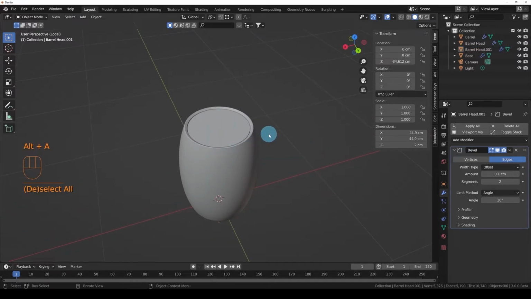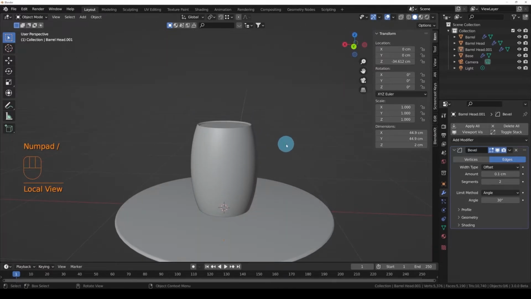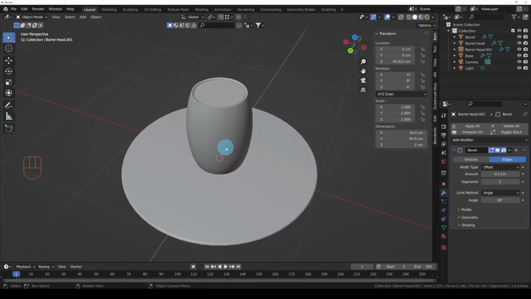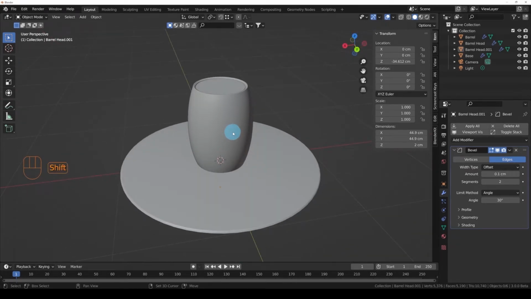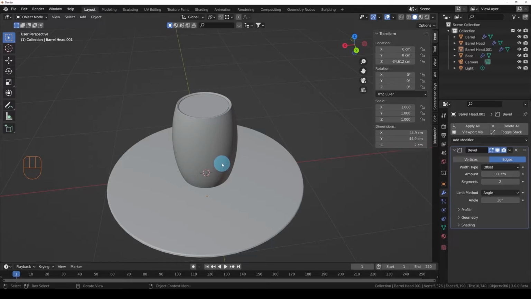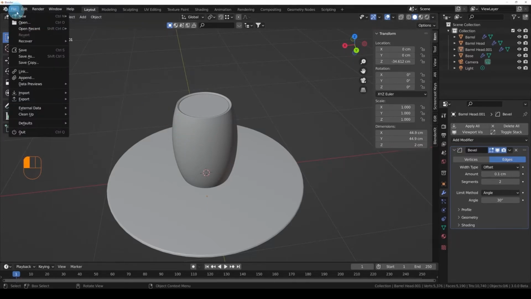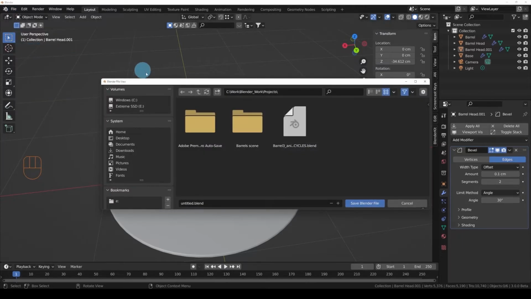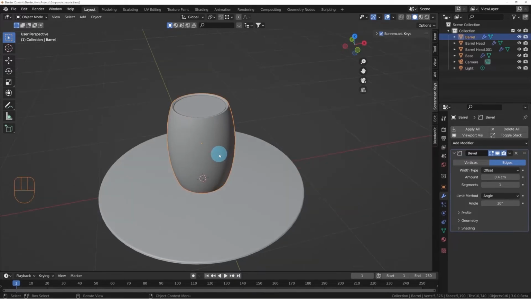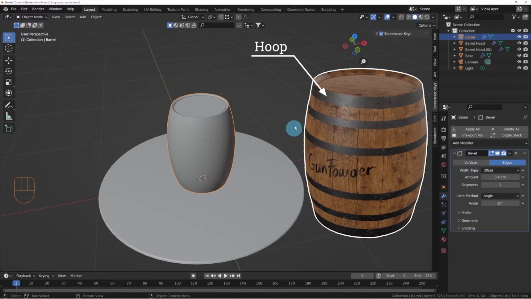Okay, so I'll press the numpad slash now again to go back to the full view to exit the isolation mode. And now I will just come here and File, Save, and I will call it Gunpowder tutorial, and save the file. So now I'm going to make the barrel hoops, or the strings you can see here